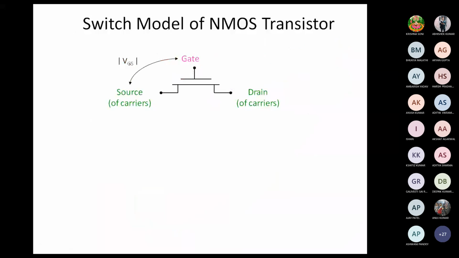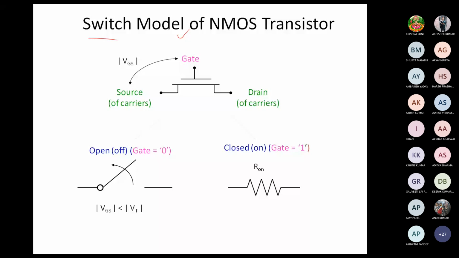So let us look at how we can look at this NMOS transistor. We can understand the working of the transistor using something called a switch model. So what does this switch model say? That when the gate is off, the gate is open, then there is no current, and when the gate is closed,